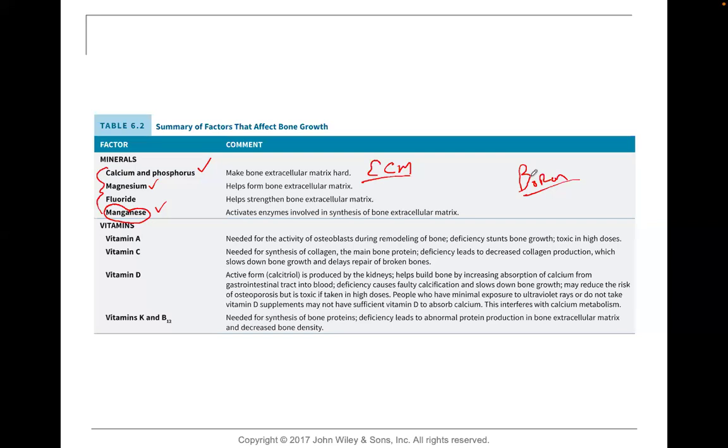You'll start to read a little bit more about boron. Those are important minerals and even some trace minerals. The vitamins, we spoke about A for osteoblastic activity. We spoke about C for collagen production. We spoke about D,